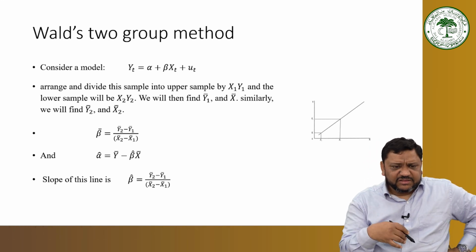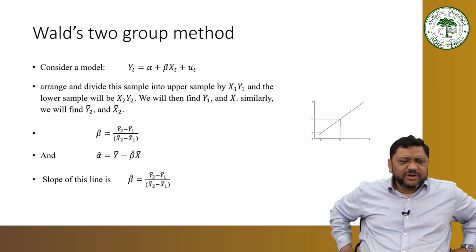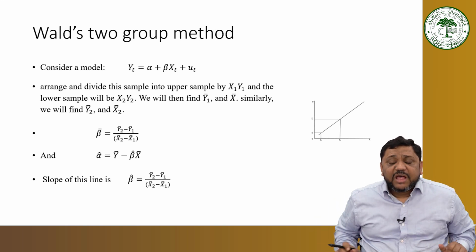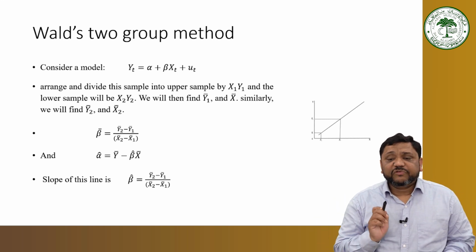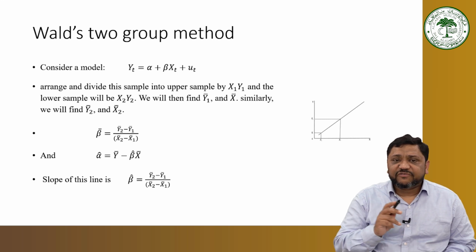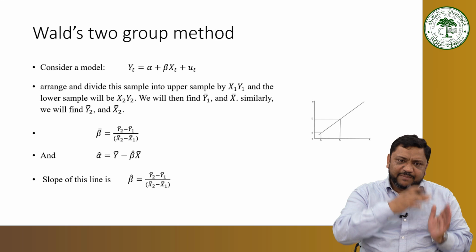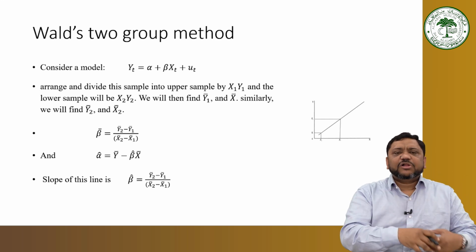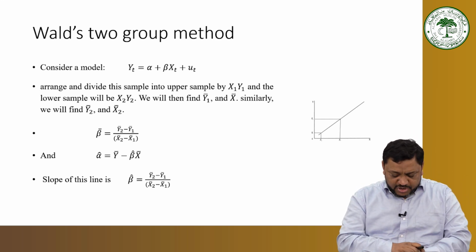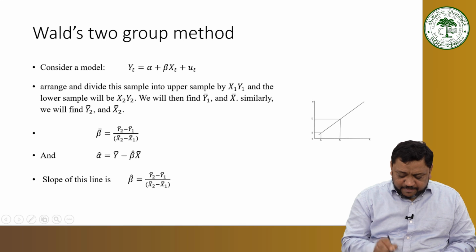So, we divide it like this: arrange and divide the sample into upper sample and lower sample. Now, this regression line always passes through the intersection of the average values. So, this gives the impression that what is happening in the first sample will also be happening in the second sample. So, now we can write beta